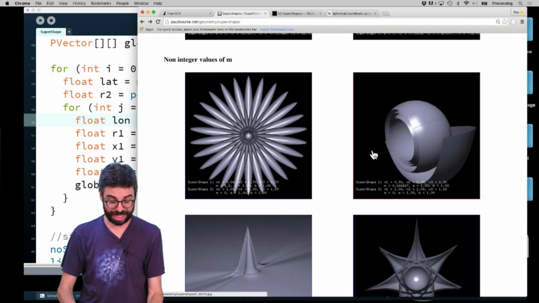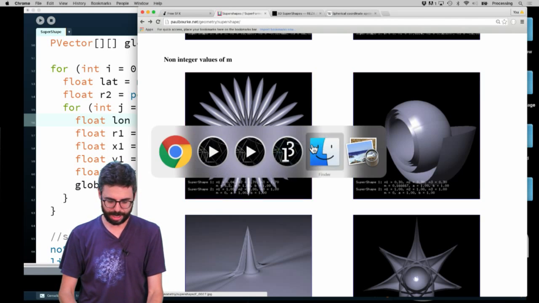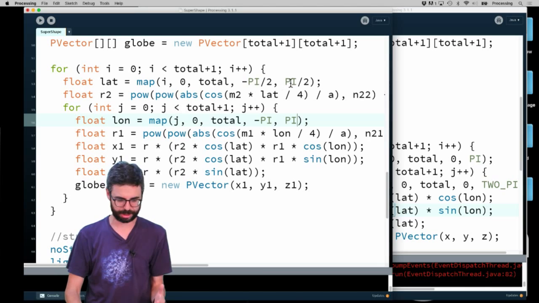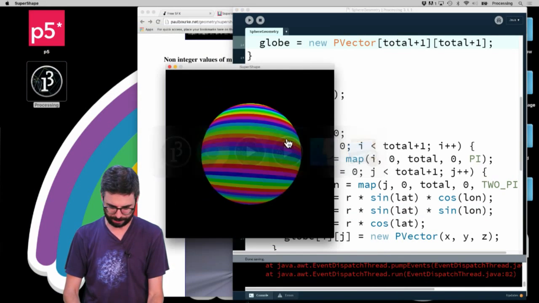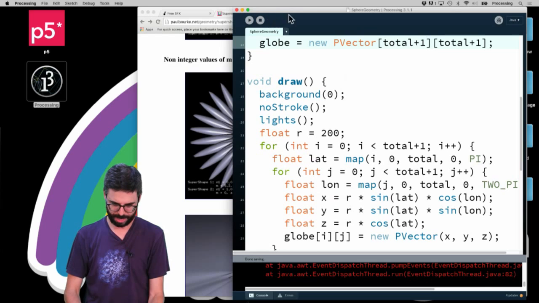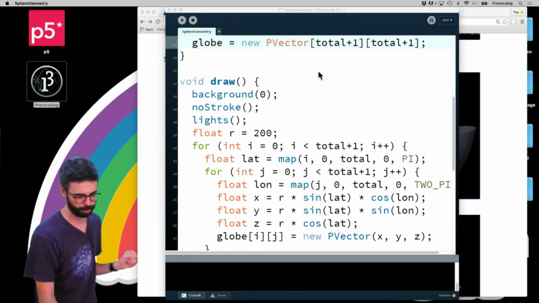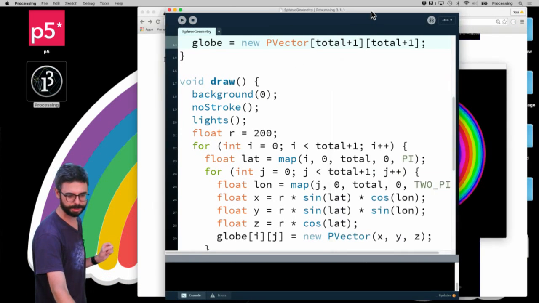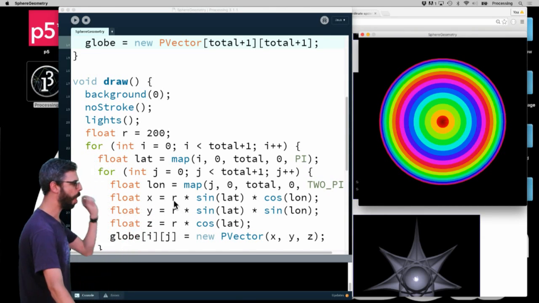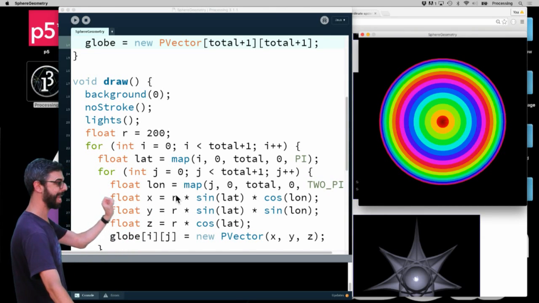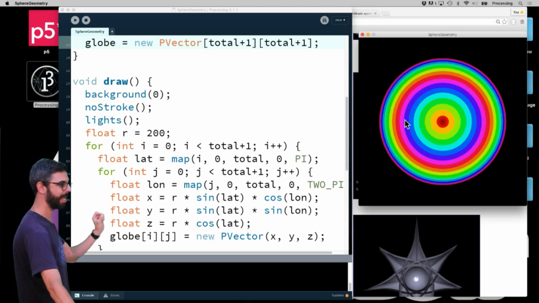Okay, so let's just get started and think about some things we need to add and change. So I'm going to close this. And this is the code that I right now have to work with. It uses just plain old spherical coordinates. So r is a fixed value of 200, and I get the x, y, z value, and then I draw